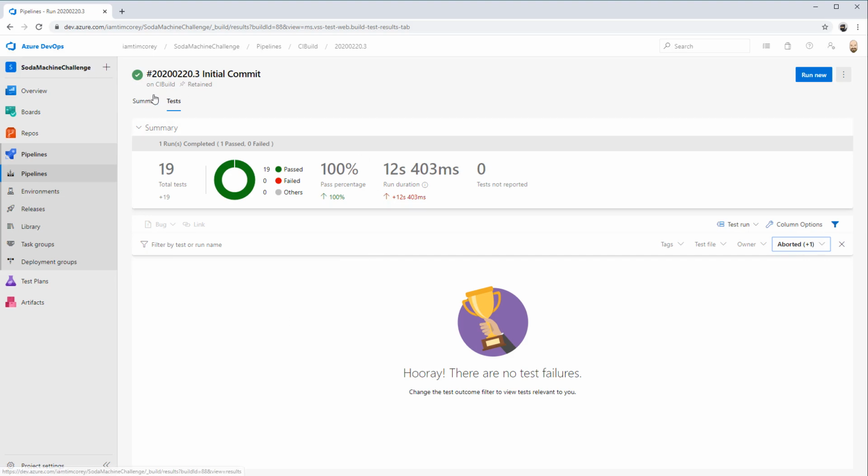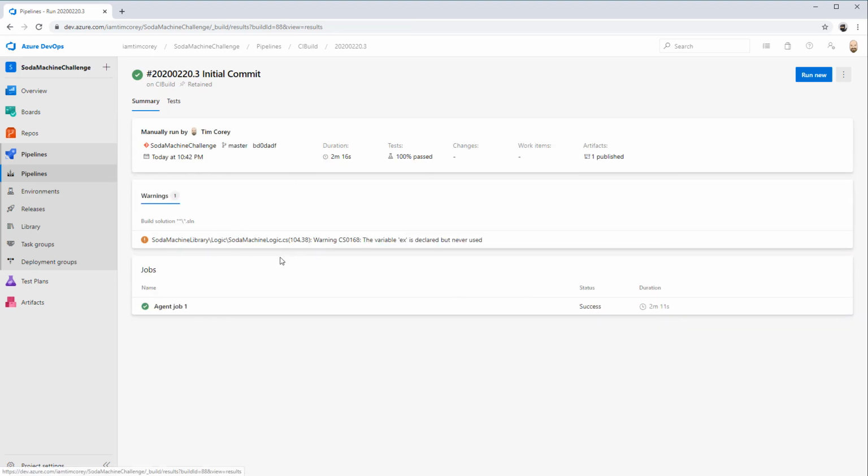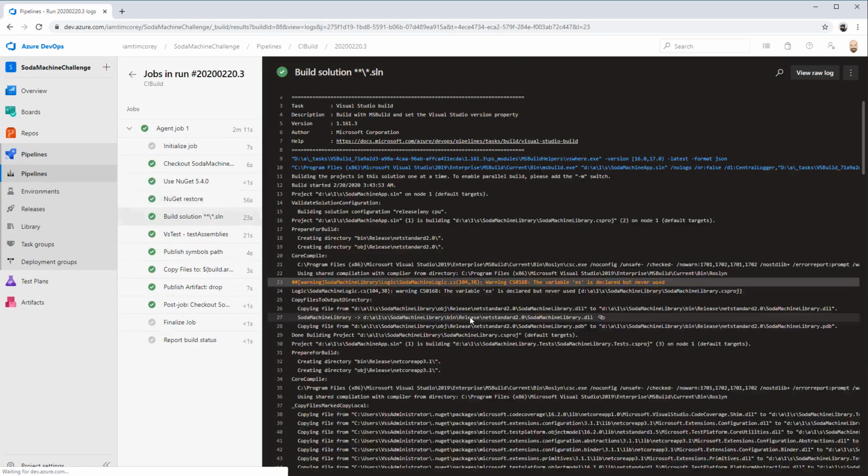Okay, so we now have testing in place. Now, there's still a warning here. It says the variable EX is declared but never used. If you click on that,